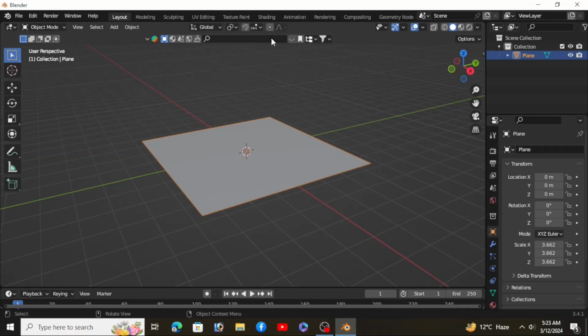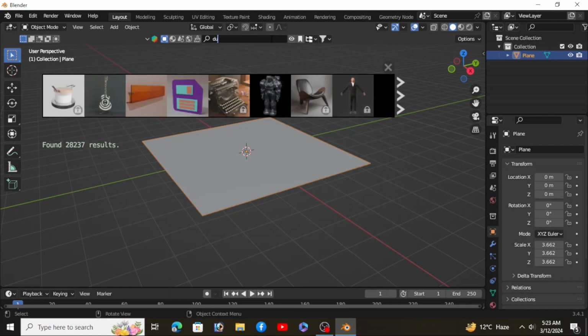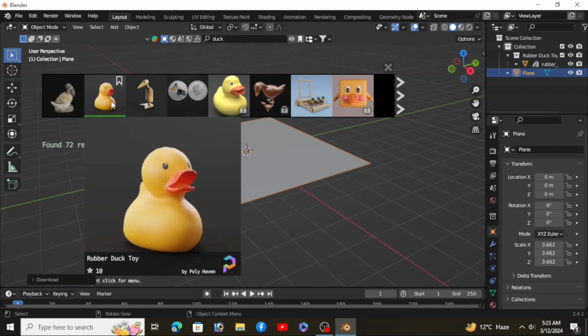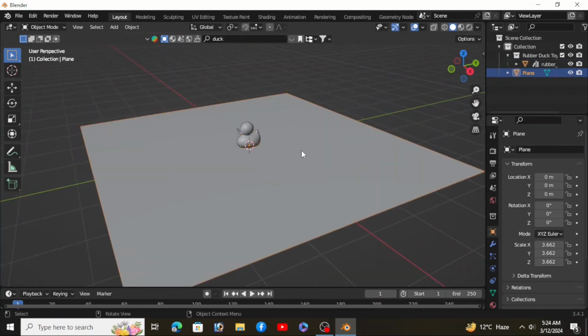Now here I'm using a Blender Kit add-on for models and some textures. So it doesn't matter if you want to use Blender Kit or another add-on, you can download it from Google. Okay, so let's add some duck to the scene. So now let's go to the